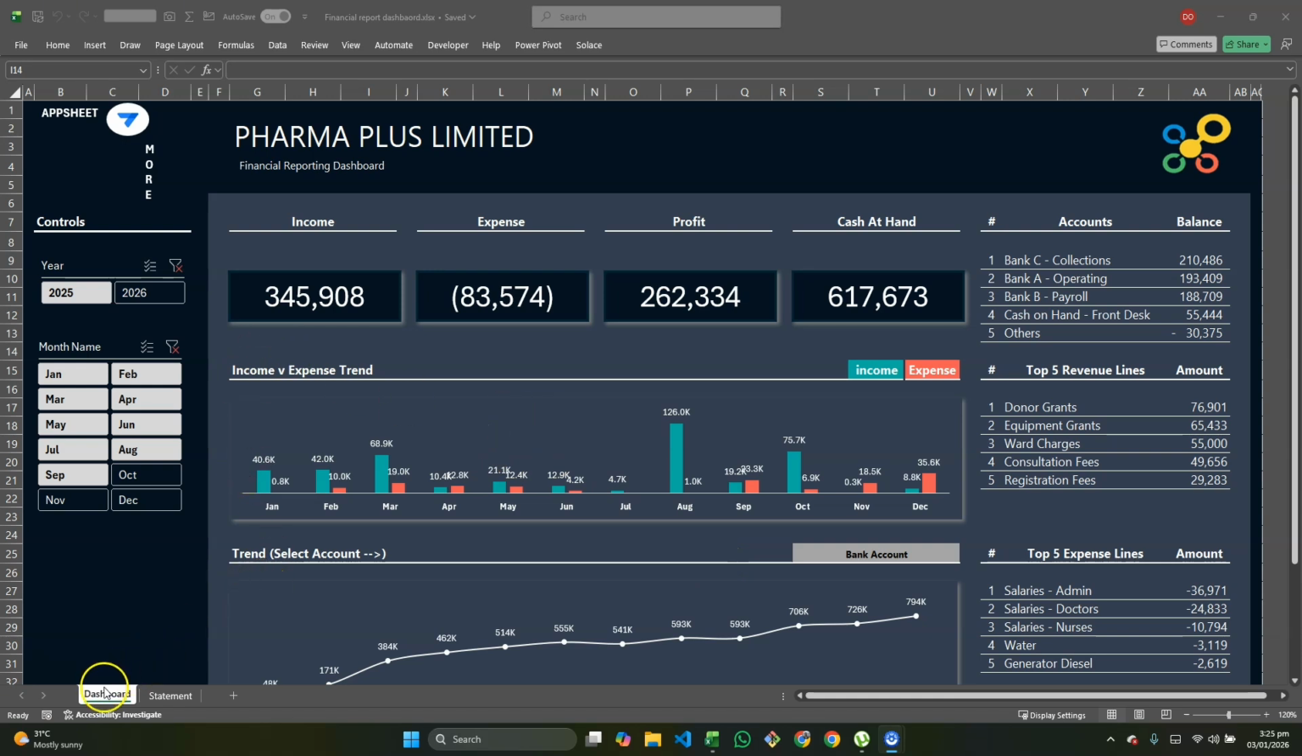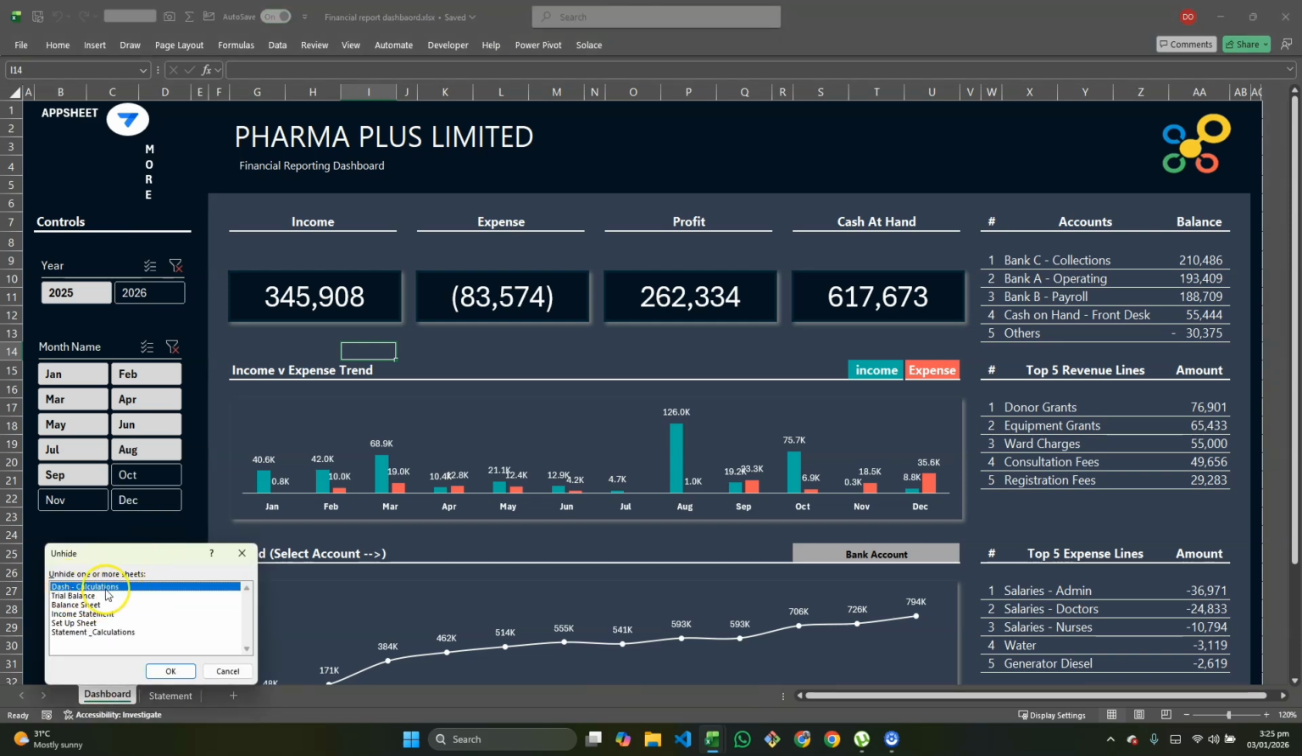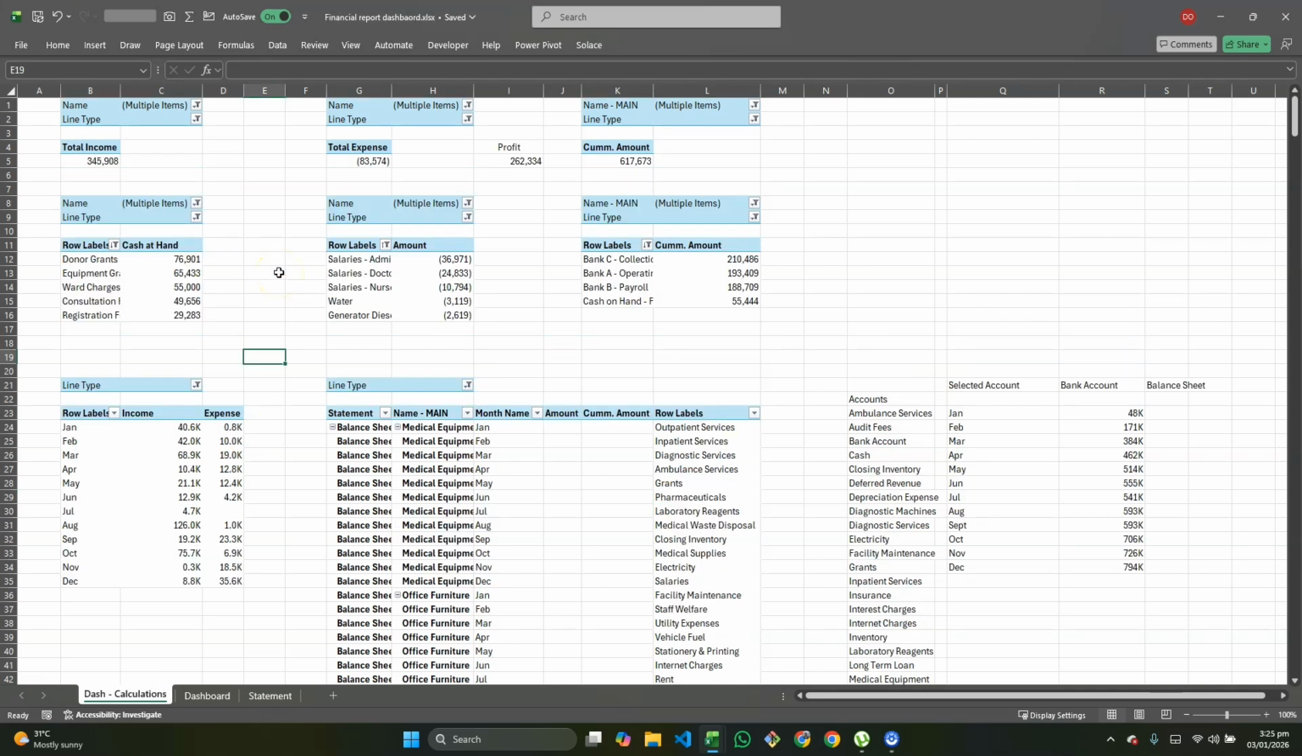But we need to first create the calculations. So now let's see the calculations behind this. I'm going to right click here, I'm going to say unhide, and I'll come to dashboard calculations. So these are the pivot tables that are running what you see over there. So you have your income, total expenses, your bank, that's your cash balance. Then you have your top five income, top five expenses, your bank balances. And then you have your trend line, and then all these other things. So what we're going to do is pretty much create these pivot tables, then we'll go ahead and create our